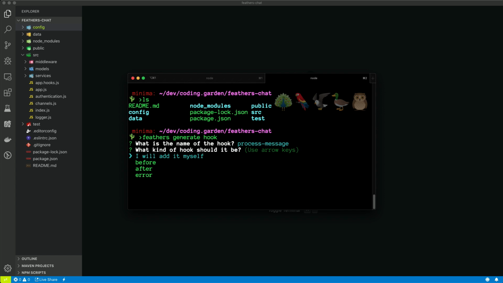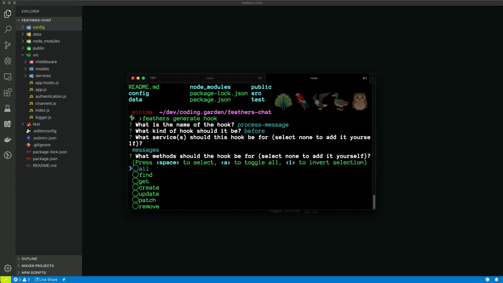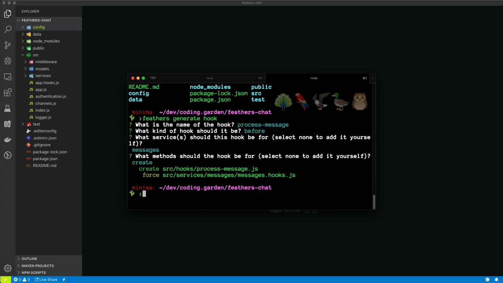What kind of a hook should it be? In this case, we're going to do a before hook because we want to call this hook before a message is created. And what services should this hook be for? Now we could set this as application wide, and that means it would be called before a particular method throughout our application. Now we don't want that. We just want it to be a before hook in messages. So I'll select that. And then what methods should this hook be for? In this case, I just want it for the create method. If I hit enter, we can see that it generated the process message hook in the hooks directory, and then